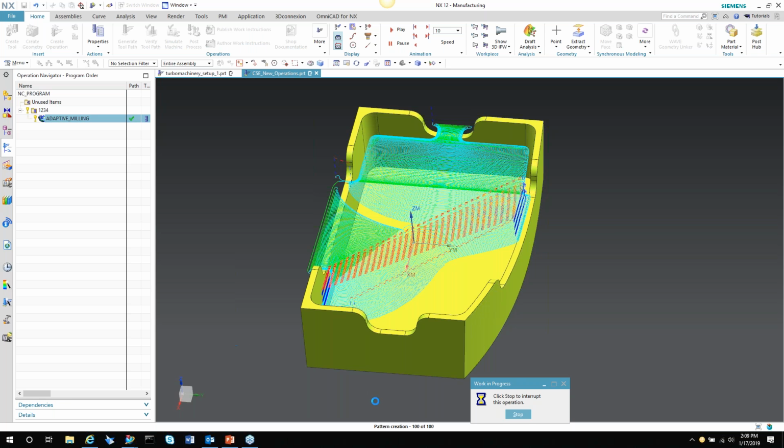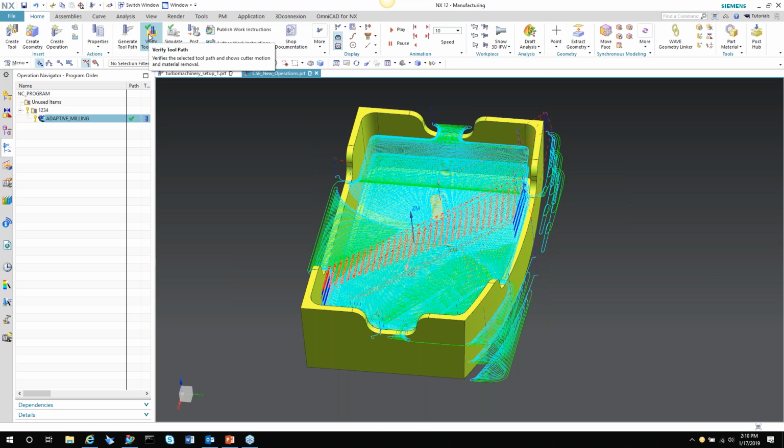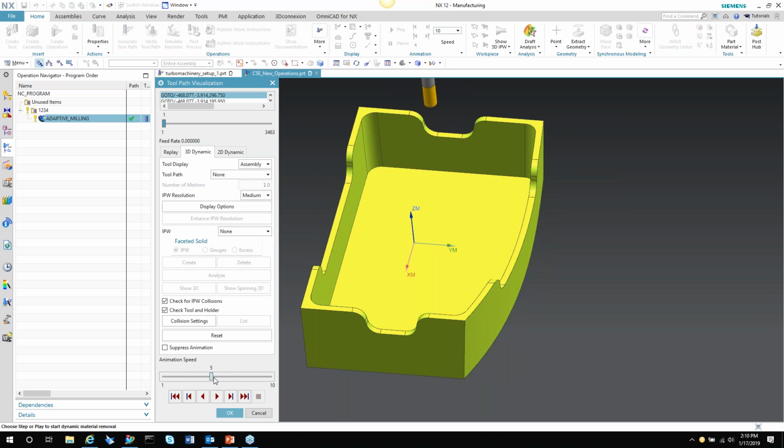So you can see down there, it's creating the cut pattern 35, 36 of 100. It's on its second depth, second level. And then when we verify this, for the power that it's in the accuracy of toolpath and the efficient toolpath it's creating, it's a very quick operation that's generating. In comparison to our traditional cavity milling, it processes out at approximately the same time. So now it's done. So when we verify this, I'll slow it down to 50%, 3D dynamics, so we get